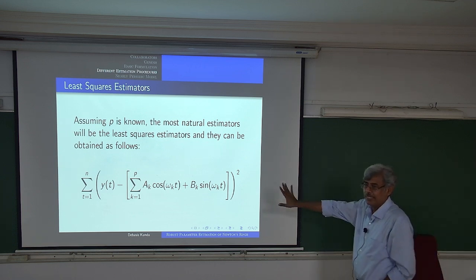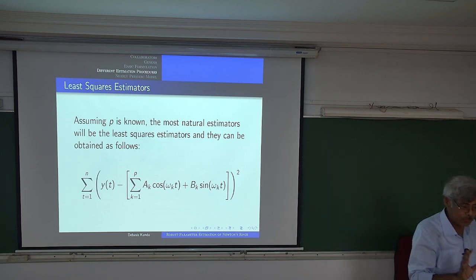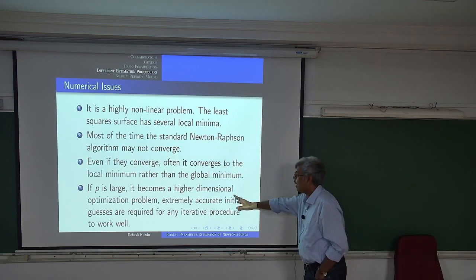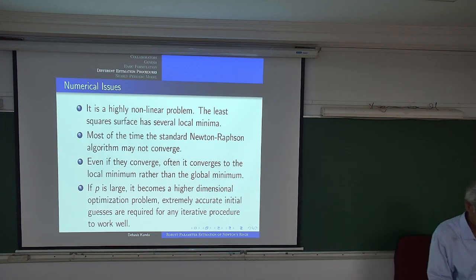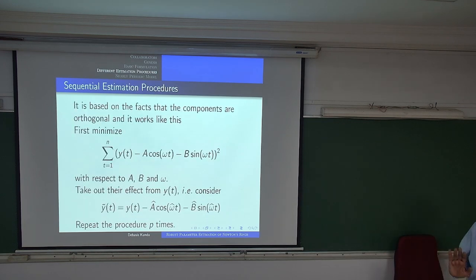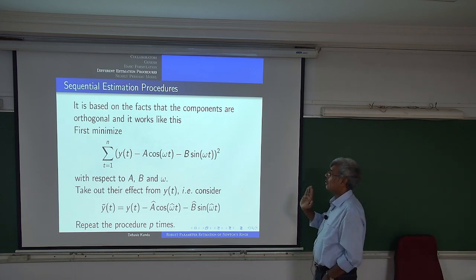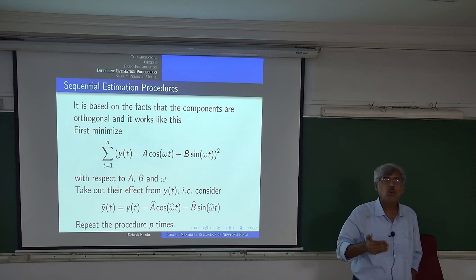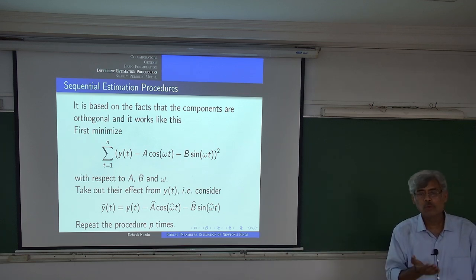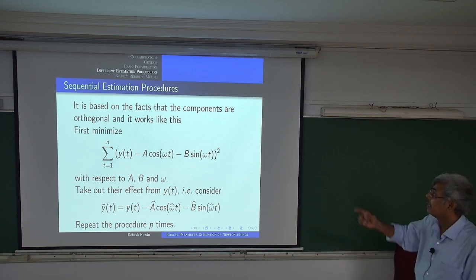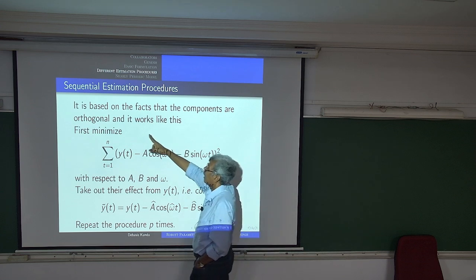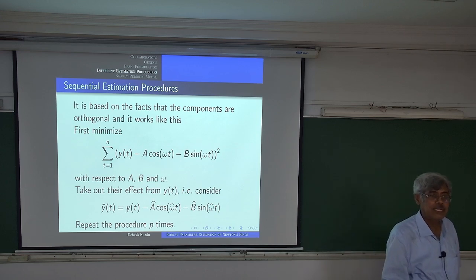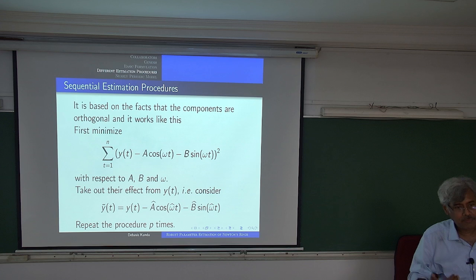So that's what it is. That is the difficulty of the problem, as we can see. And as I said, the problem becomes a higher dimensional problem. So one of the solutions is that let's not do this in a complete manner. Let's do it sequentially, that means we do one at a time. The natural question is, how is it possible? It is possible because those components, at least asymptotically, are orthogonal in nature. So actually, you can do it sequentially.